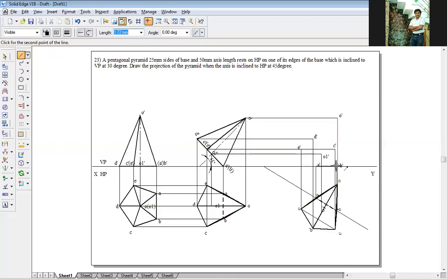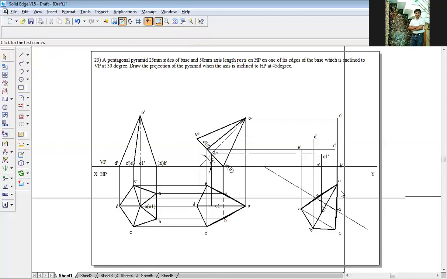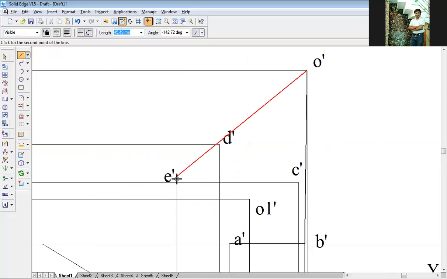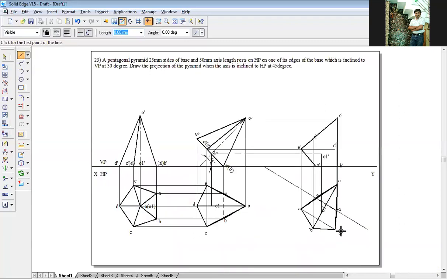I zoom this for clear visibility. Let's zoom this area here, right? Go back to line command. A point to B point to O directly. If I draw E, D point is going out. So D, E, and then back to A, right? C is the point which I have not touched. If you see, the C point is very, very far from the XY line compared to any other point. So the C point is visible. So D to C, C to E, right?